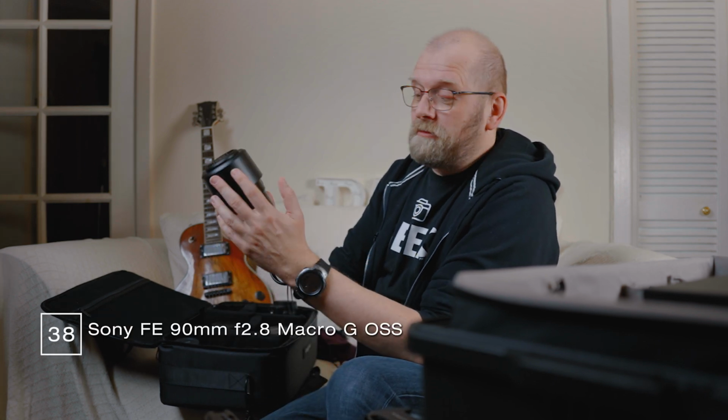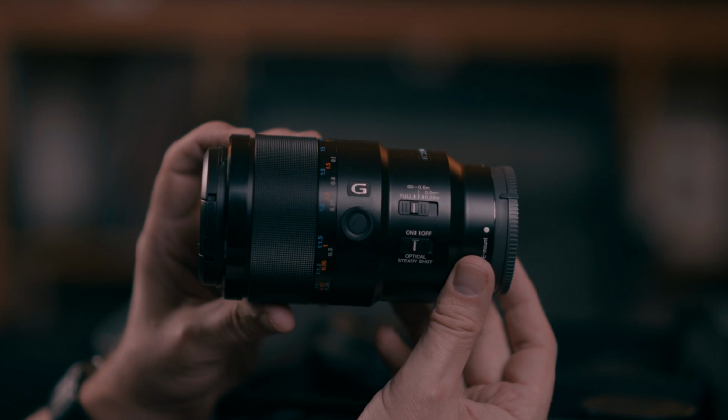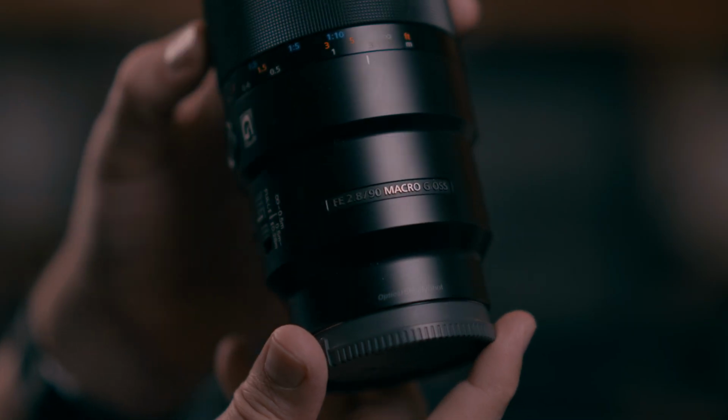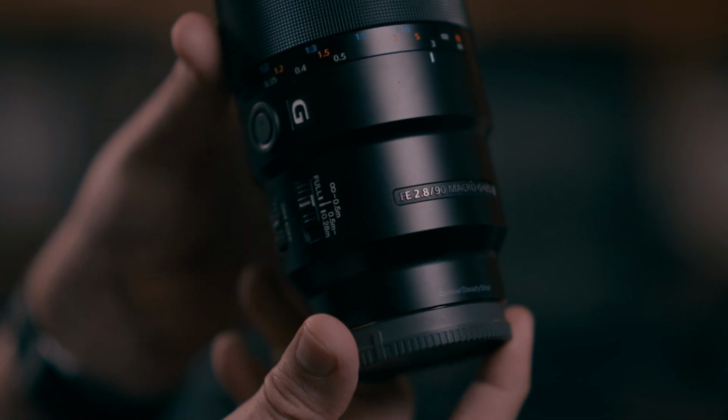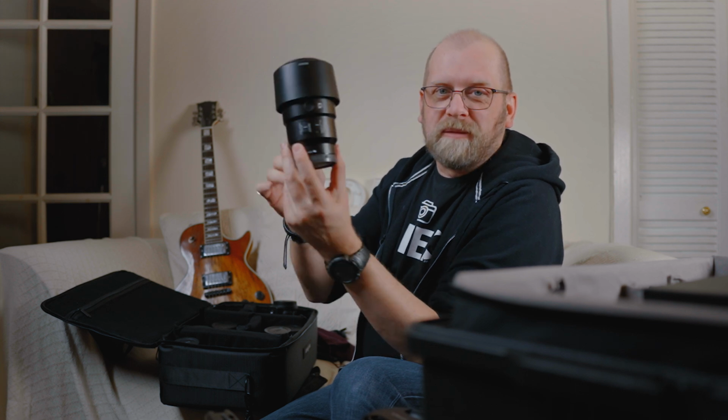This is a Big Daddy here, which I use very often, mainly for B-roll. This is a Sony 90mm macro f2.8. I have reviewed this lens before as well, and I think I'm going to do another review because I've been using it for roughly 2 years now. So it's time to revisit that amazing macro lens, probably one of the best macro lenses on the planet for